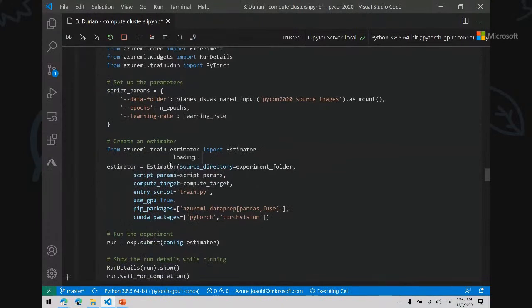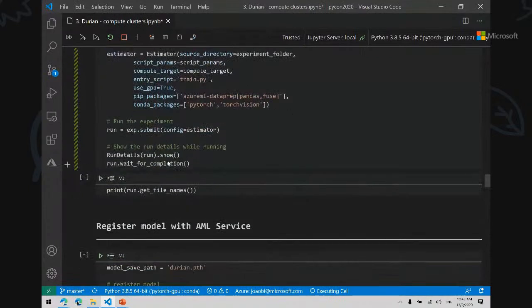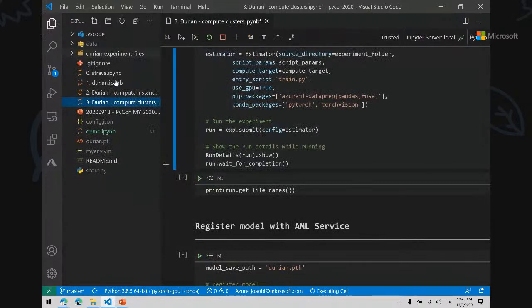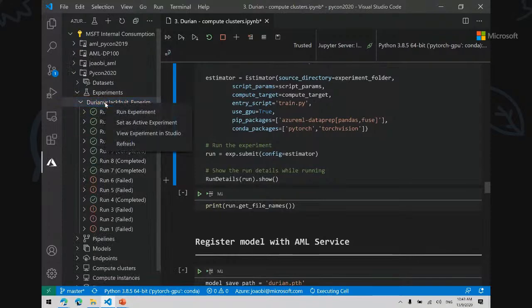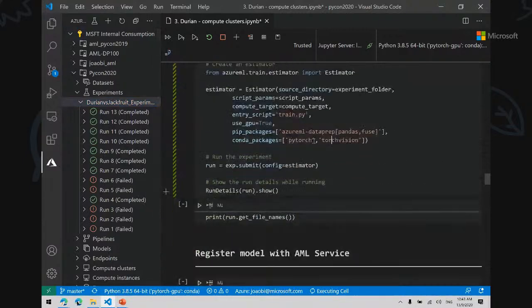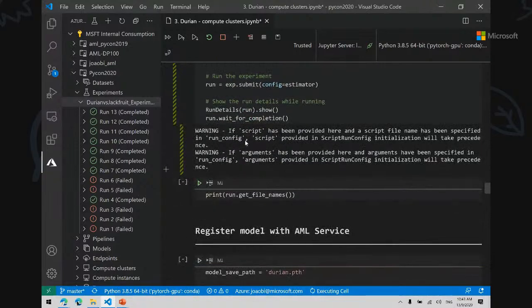So basically I'm building the container environment. I'm telling Azure Machine Learning to build a container environment with these dependencies that's going to run that Py file that I built up there. And this will spin off a training schedule. It will run the training on the compute cluster that I define up there, which I can show you here. It's going to show as a widget here, and it's going to start a new run here very soon.